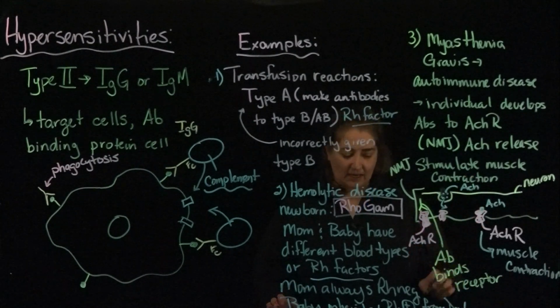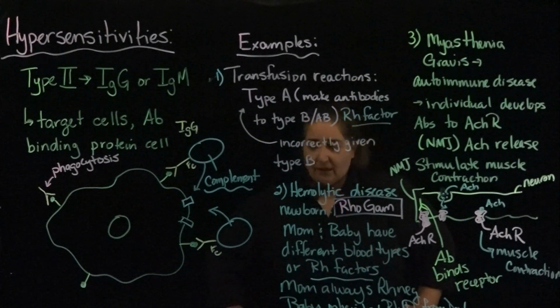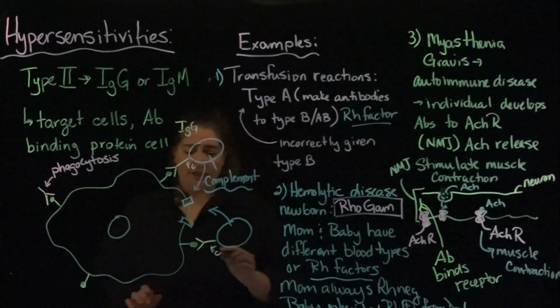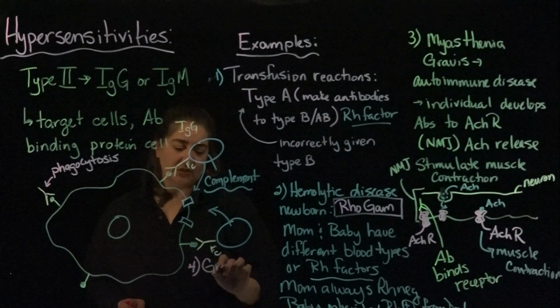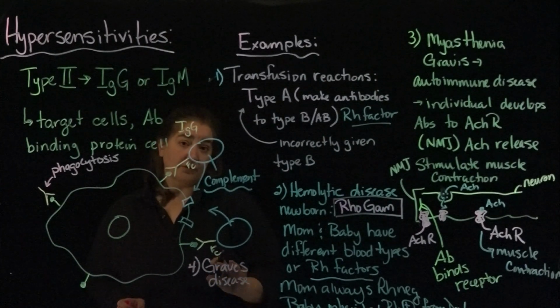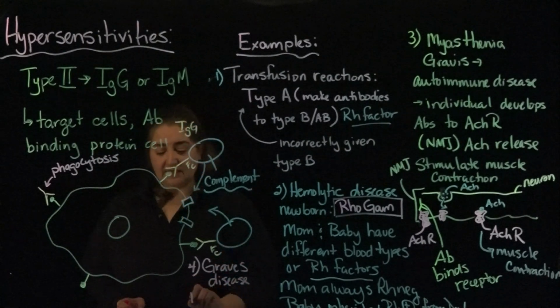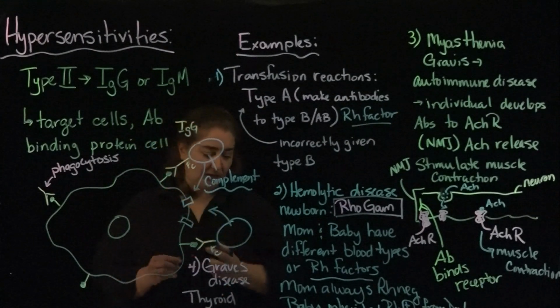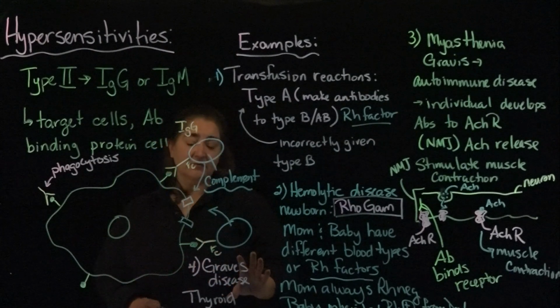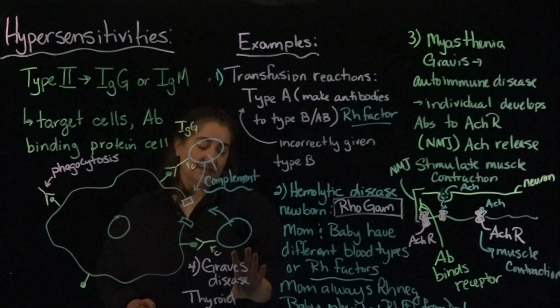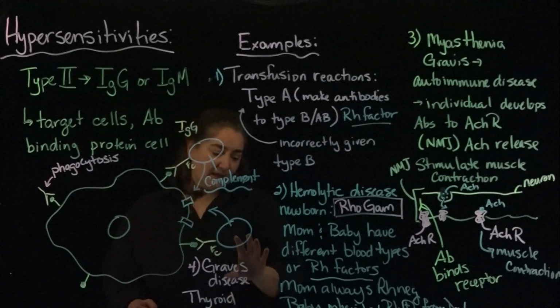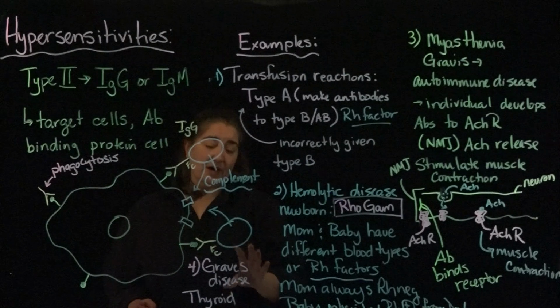Similar kind of thing can happen. I've run out of board space, but I don't want to make one more video to put up my other example, which is Graves' disease, okay? Graves' disease is also an autoimmune disease. Graves' disease attacks the thyroid in the neck, all right? So essentially, it's a similar kind of thing. There's an antibody that attacks the thyroid stimulating hormone receptor, and what ends up happening when it binds that receptor,